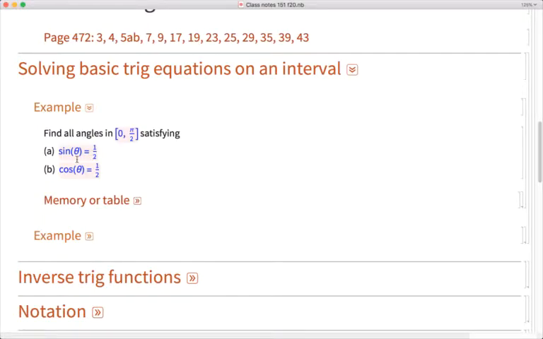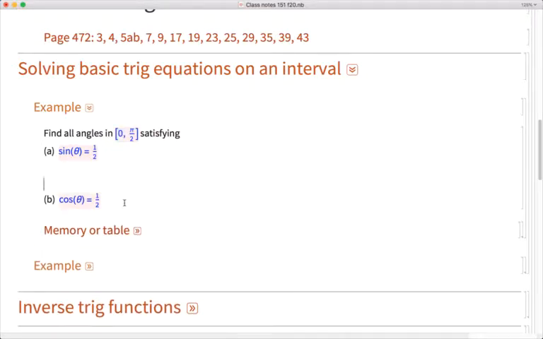So a basic trig equation is just sine of theta, cosine of theta, or tangent of theta equals some constant. We're going to be asked to solve these equations, but we're also going to be given some interval. So we want the angles theta that are in this interval and satisfy the equation. Okay. For these basic equations, it comes down to simply memorizing the table or being able to look it up